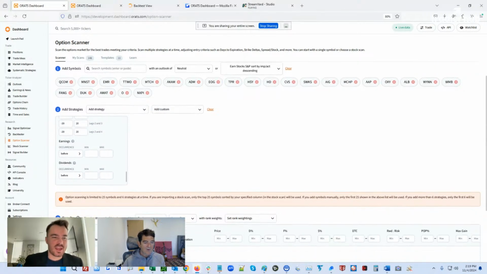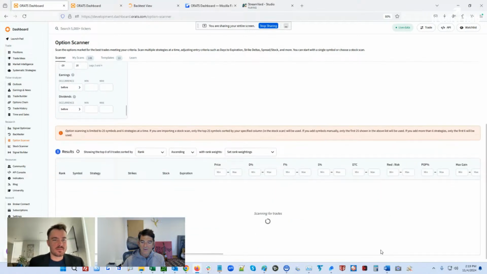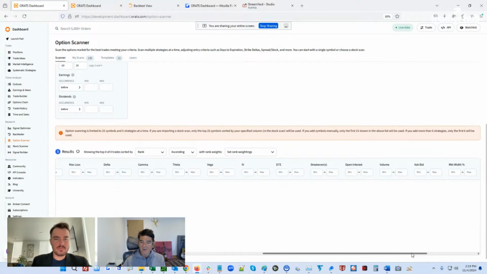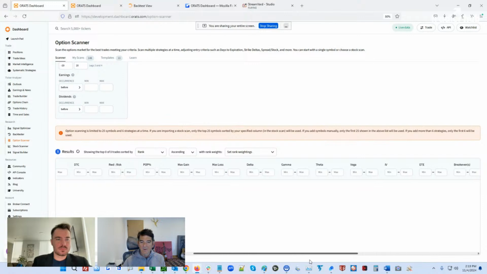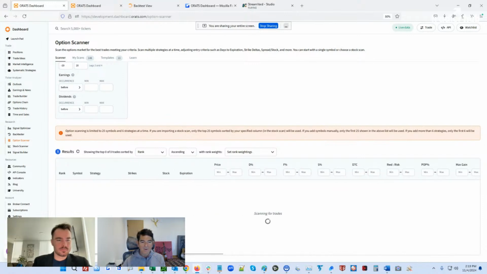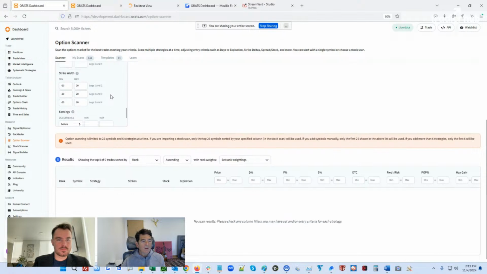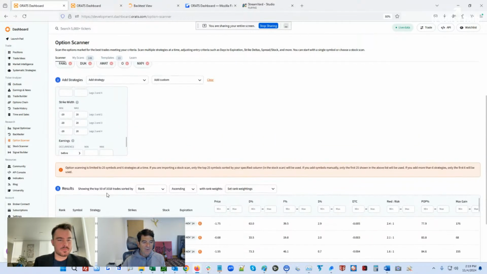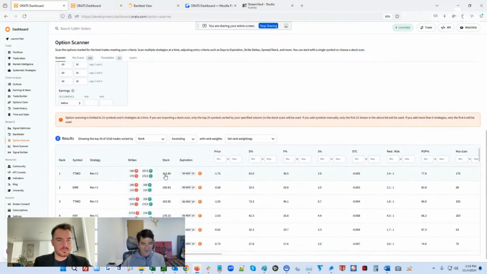Do you have any table filters set? I don't think so. I think it's finding some now. So here we go. Is this a reverse iron condor? So we're buying that put, selling that, buying that, selling. Okay, good. So it likes take two. It wants to